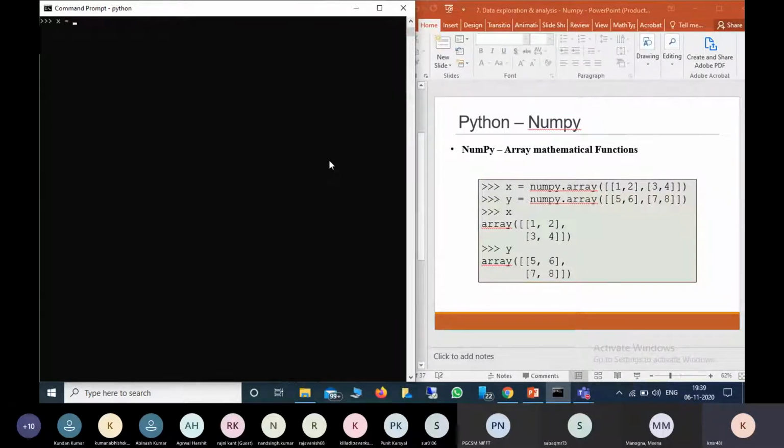So let us assume x equal to numpy dot array, [1, 2], [3, 4].